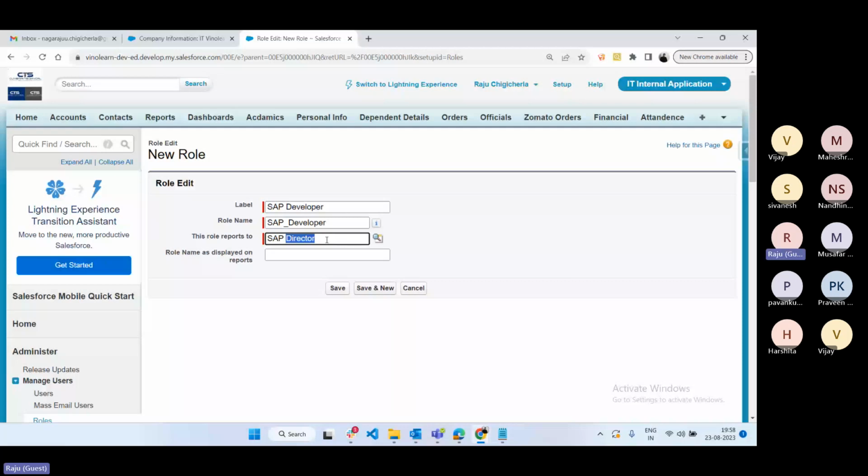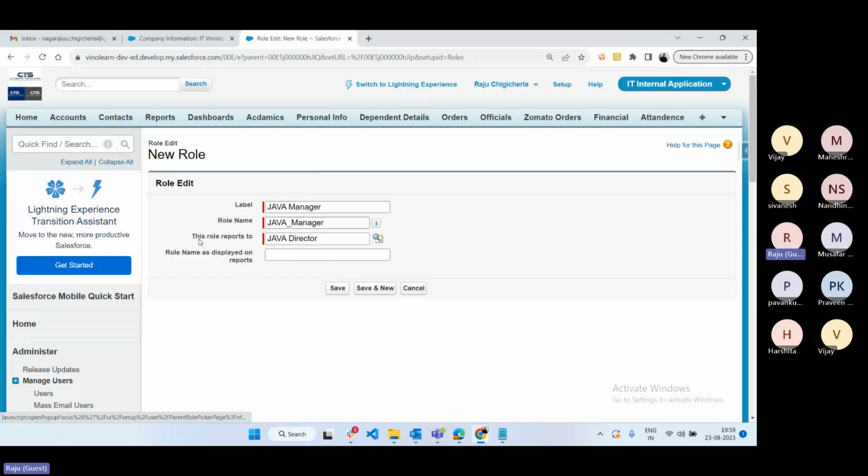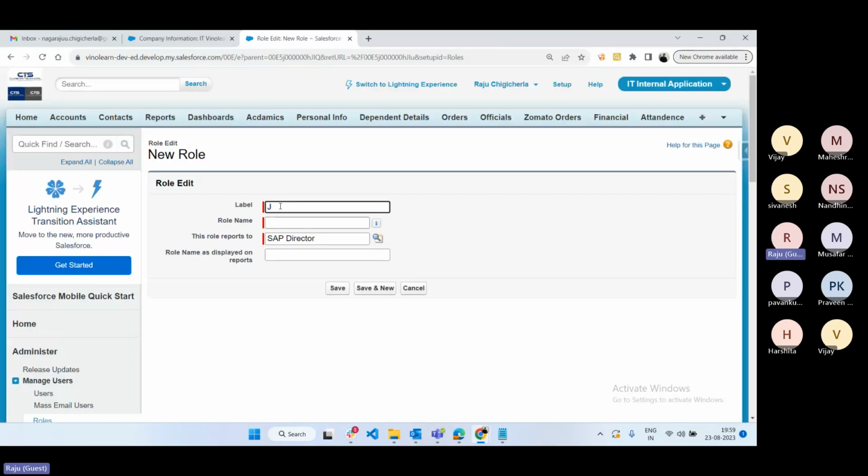Okay, save and new. Now create one more. What is that? Java manager. Java manager is reporting to whom? Select the reporting details: Java director. Okay, this is the reports to whom. Save and new. Again, we are going to create Java